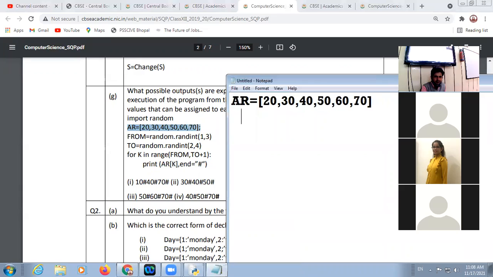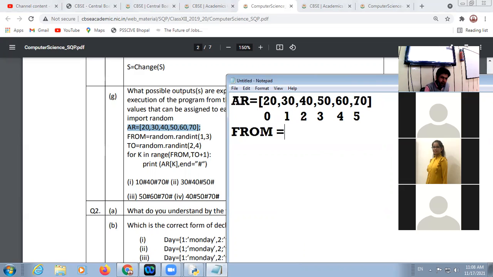So here indexing is from 0 to 5. Now there is a from. Here random dot randint 1 comma 3.